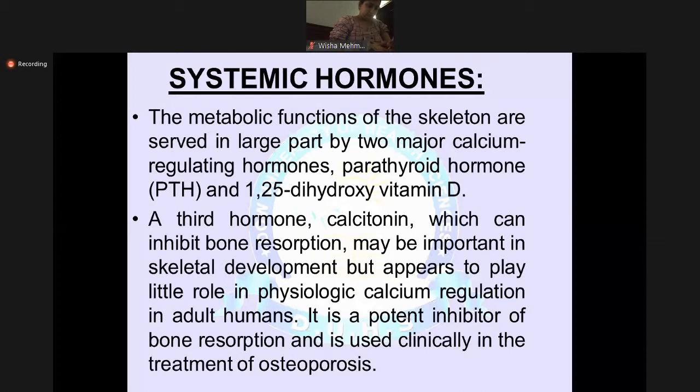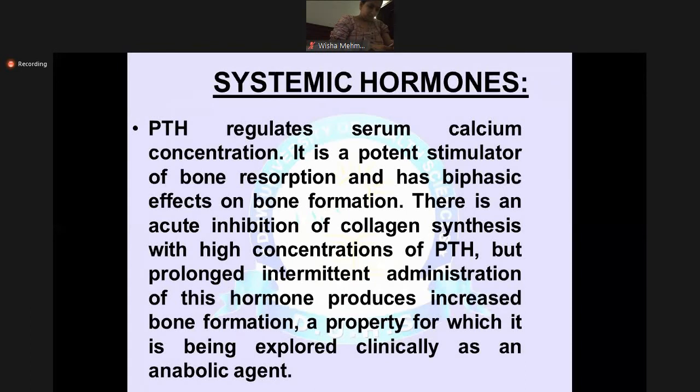So this is a potent inhibitor of bone resorption and is used clinically in the treatment of osteoporosis. And again, what is osteoporosis? Osteoporosis is a bone disease characterized by the loss of bone matrix and minerals. It occurs due to excessive bone resorption and decreased bone formation, and it is very common in old age and